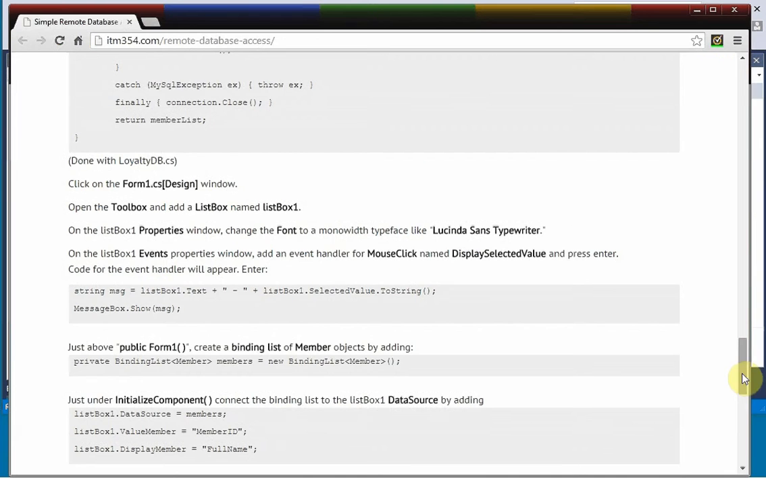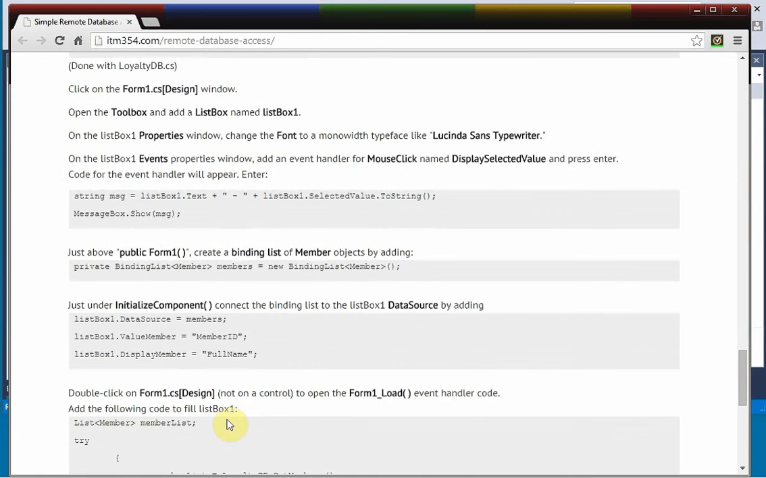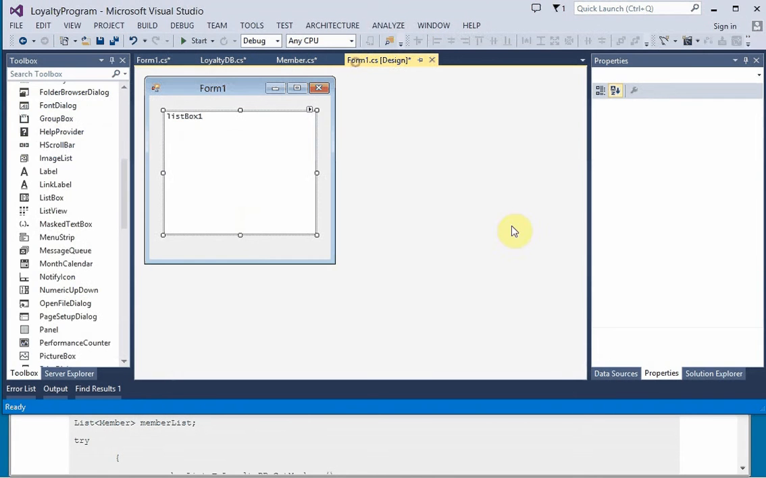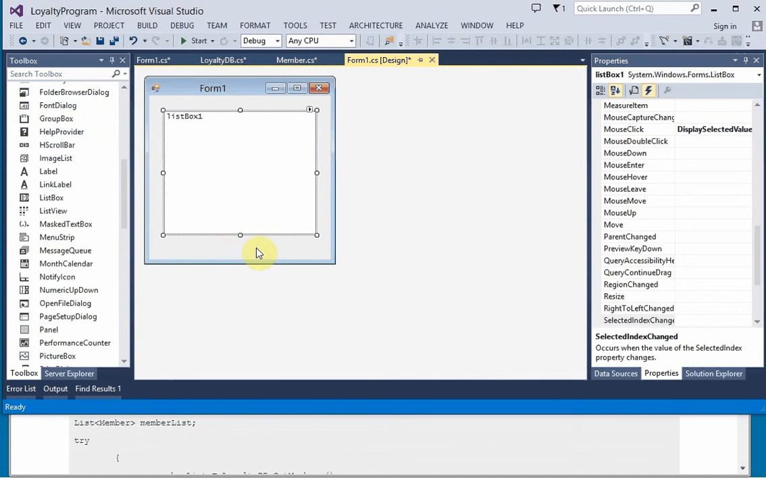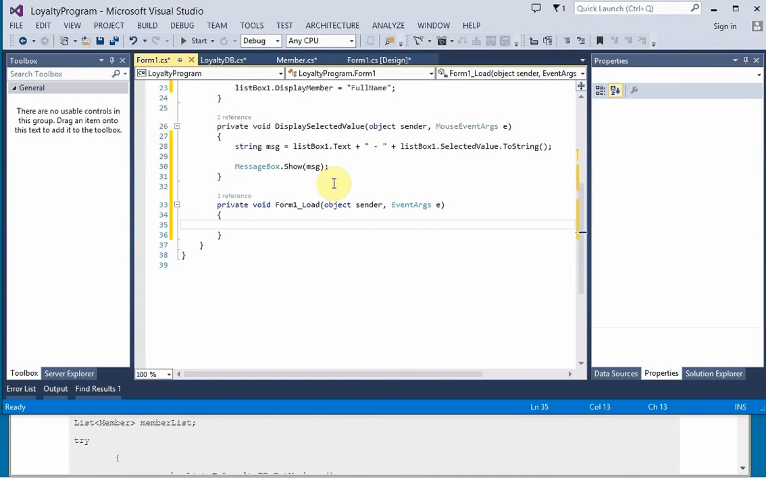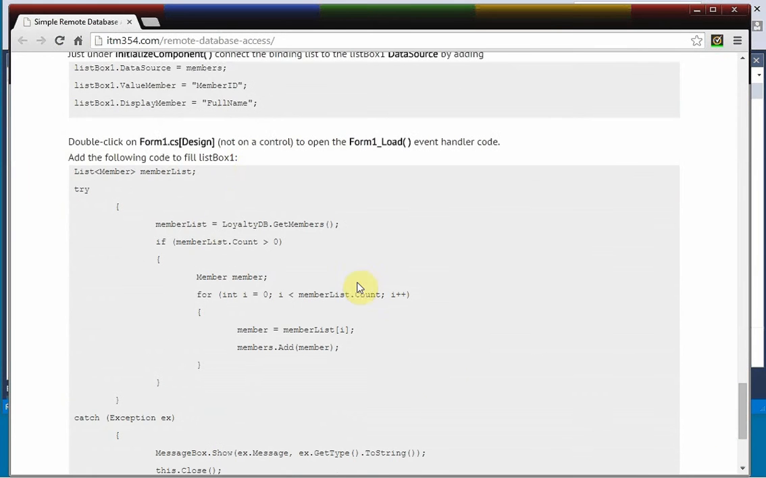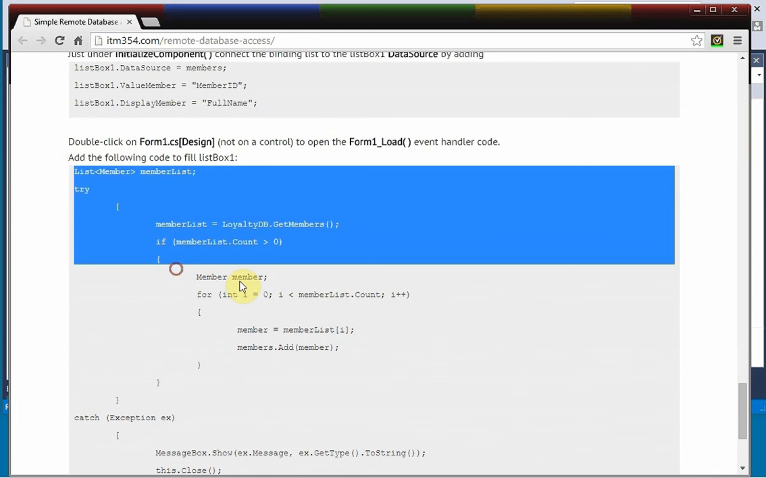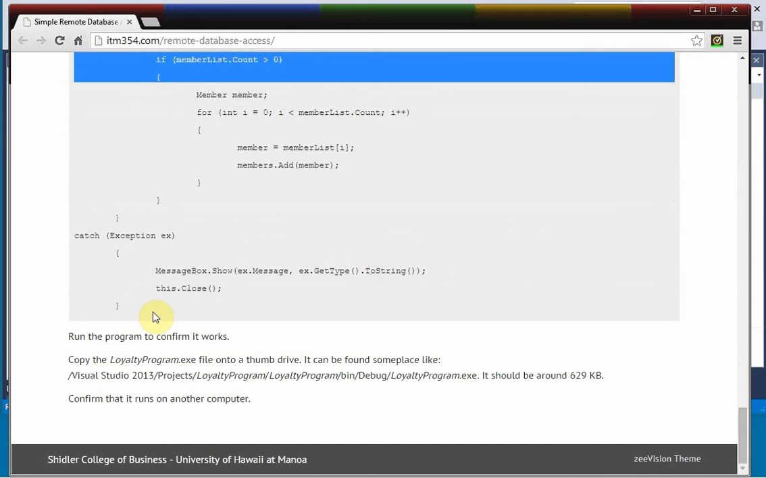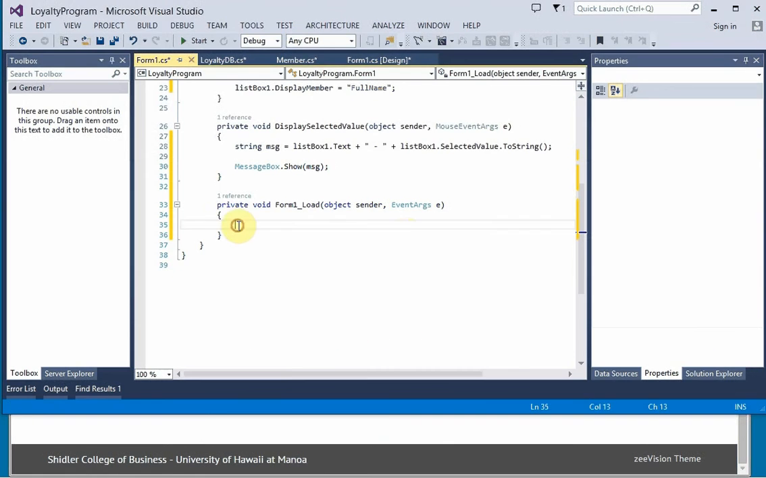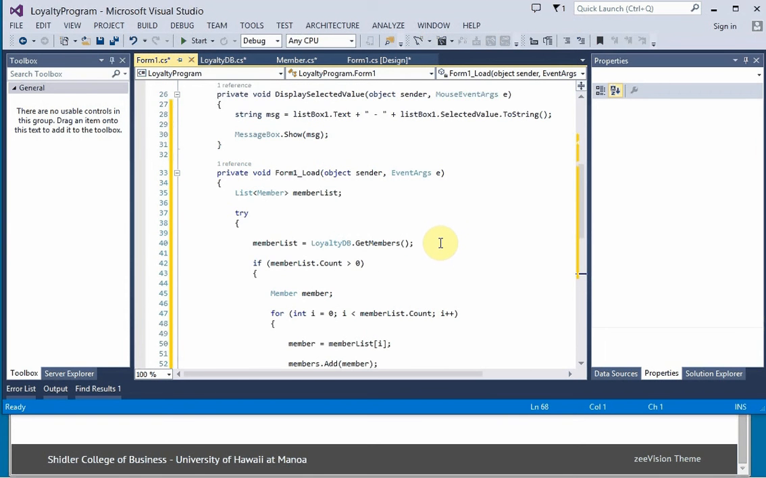And next we want to define the load event handler. I don't see one here yet, so I'm going to go back to the form and just double click on the edge here, and that creates a place to put in the load event handler. And what I'm going to do there is copy in this right here, which is the code for the event handler. And what this does is